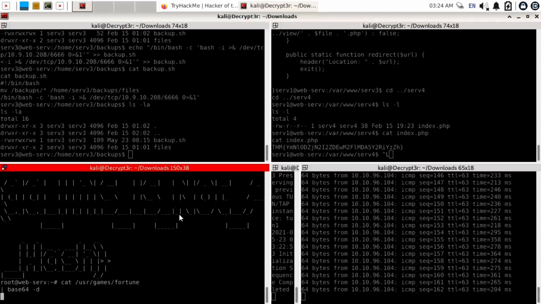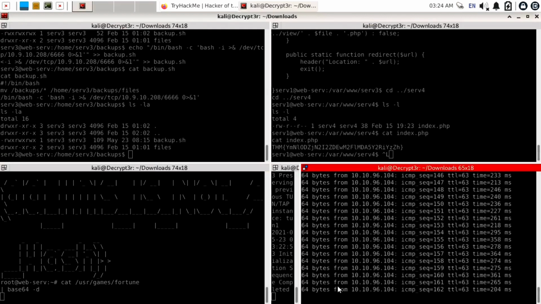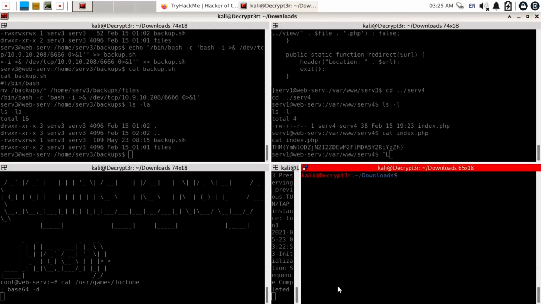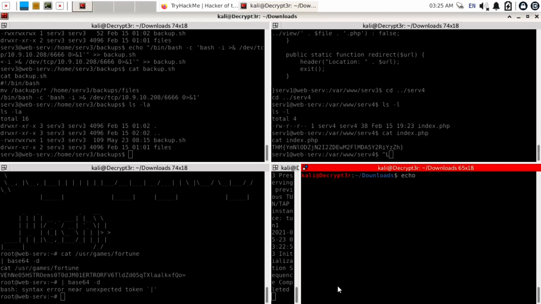So what I will do is decode that base64 encrypted file. For that use the command echo -n, paste our encrypted flag, then use the pipe operator, then base64 -d to decode this, and we successfully got the flag.